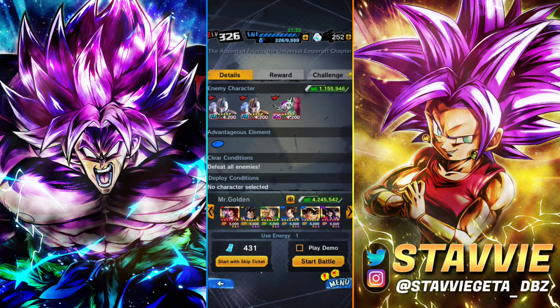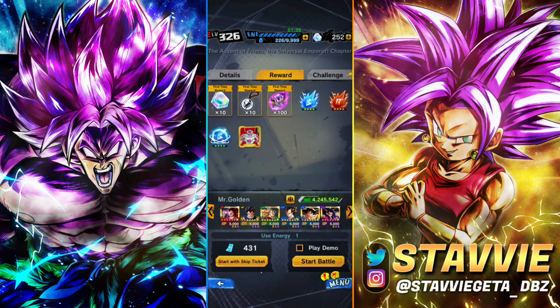Oh wait, no. Shoot. I think I said second form Frieza was on the equip. It's 3rd form Frieza on the equip. I don't know why I just realized that, but I just did. But anyway, it's Chapter 2, you go over there, and as you guys can see, you get the Unawakened